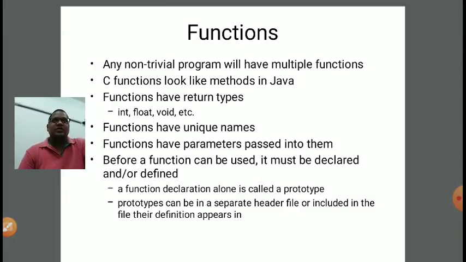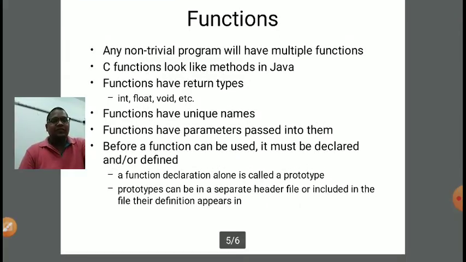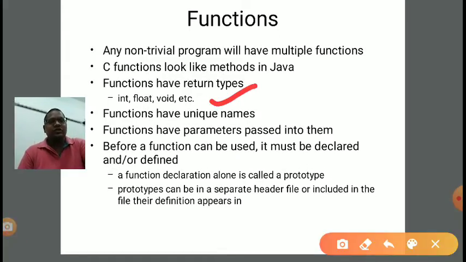So what do we mean by function? A function has some parts. In order to write a program using functions, we need to include some parts in a C program. The first part is the function declaration, or function prototype. It declares the return type, meaning what the output of the function will be. A function has a unique name, which always starts with an alphabet, not a digit. In between it can contain underscores and digits.